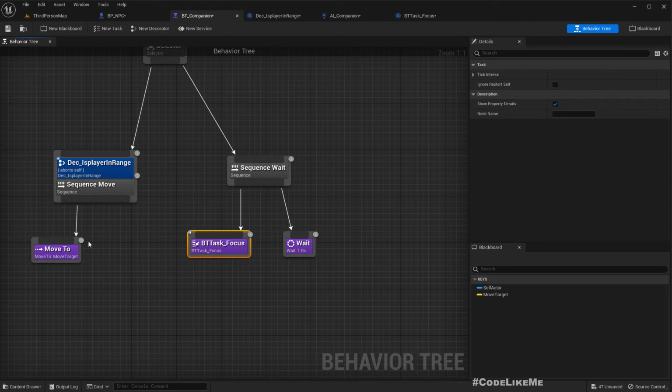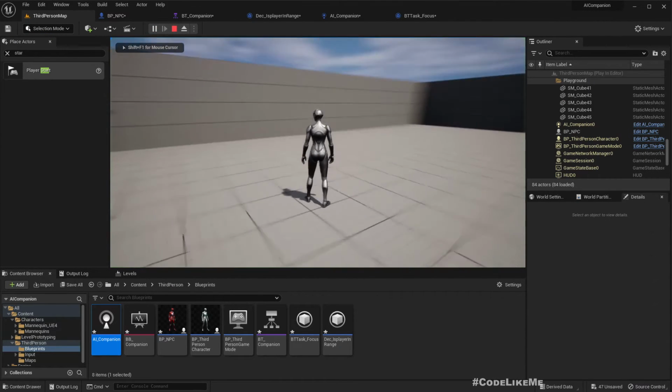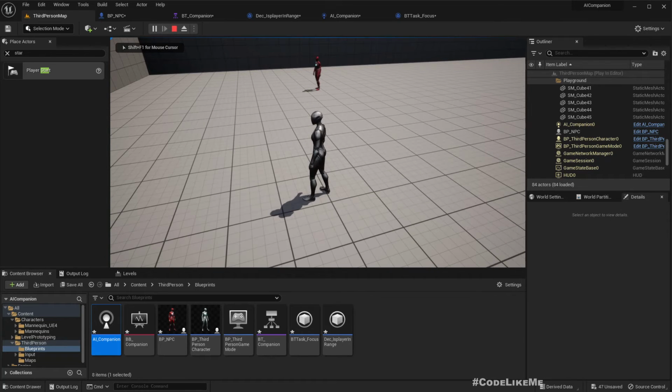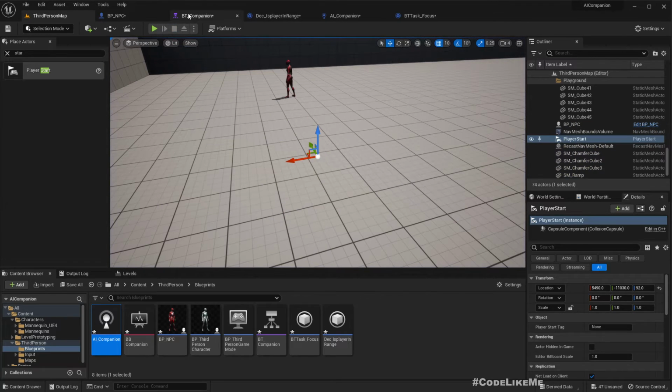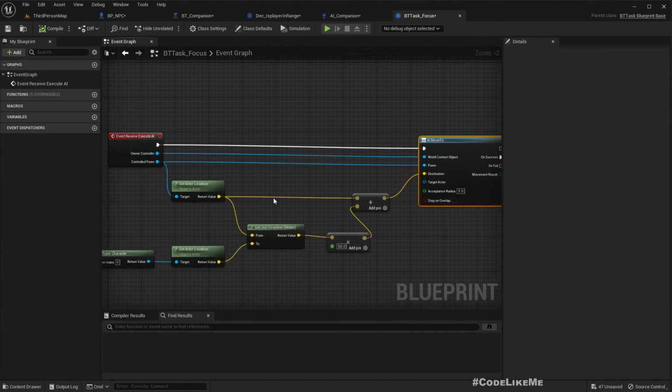So here to prevent this scenario where the NPC character comes to the player and turns back and comes, to prevent that, let me rename this wait for player. So here